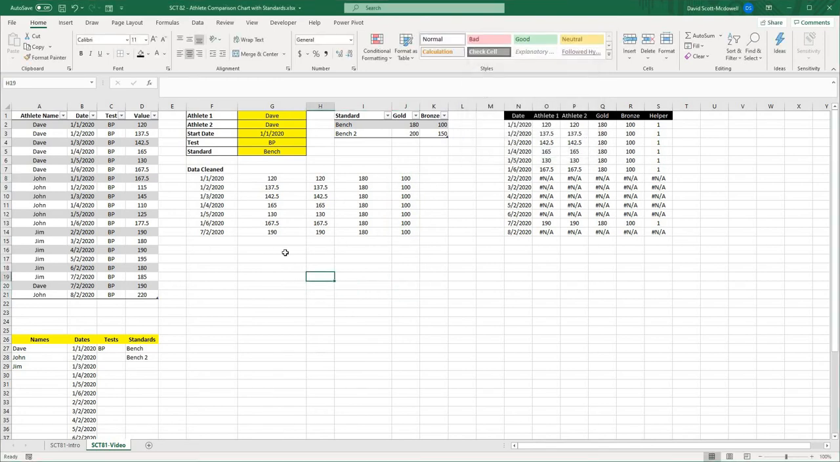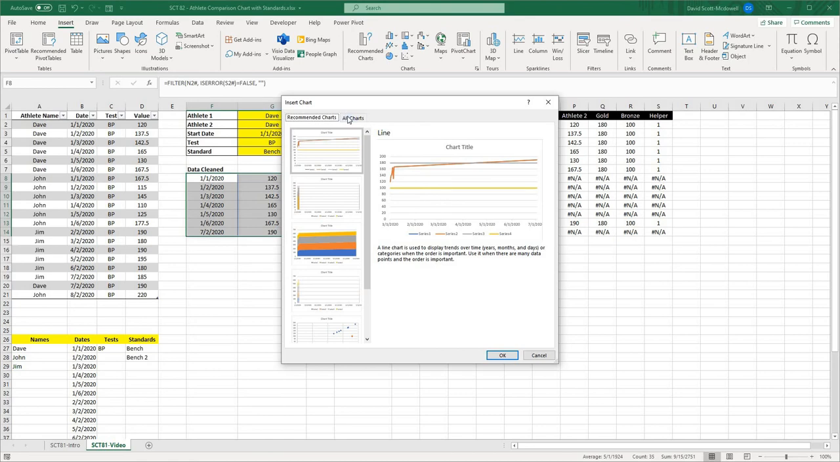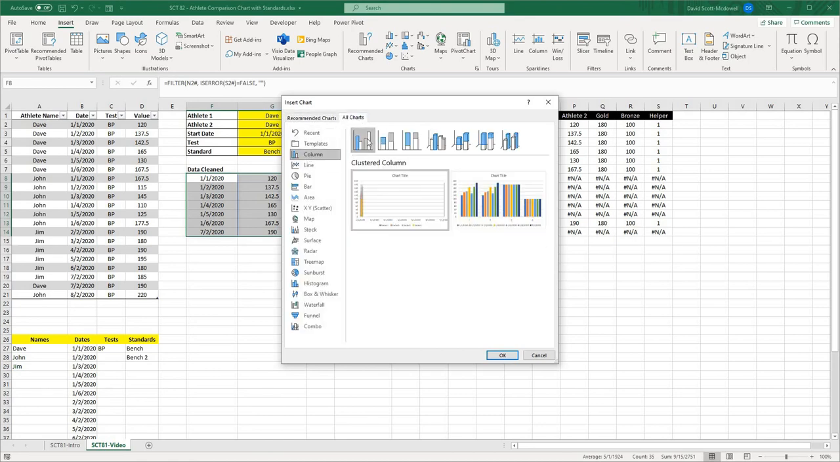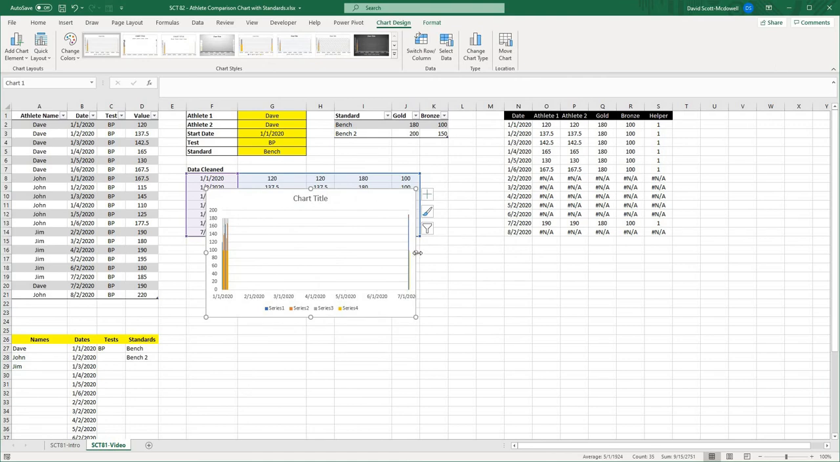So then the last piece is now I just have to create my chart. So I just select all of these values and go to Insert, Recommended Charts, All Charts. Let's go a column chart and hit OK. There's a couple things we have to do to clean this up. So number one,